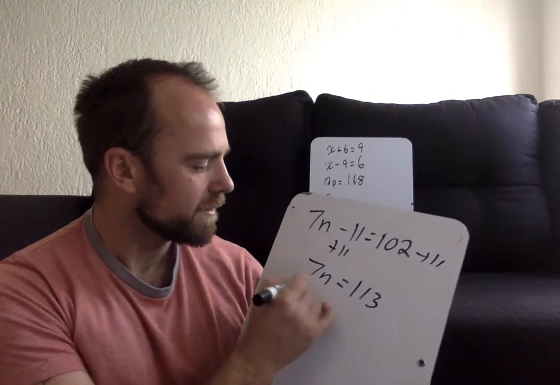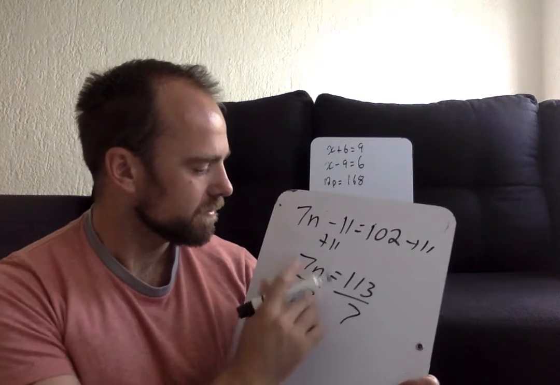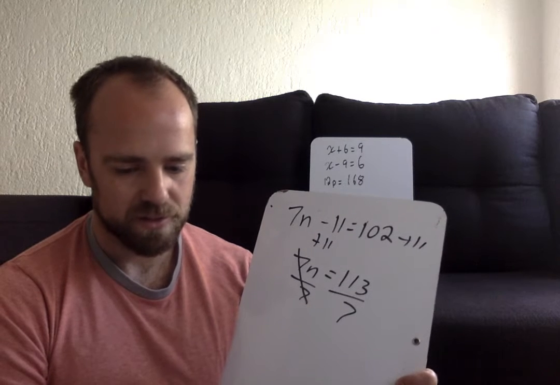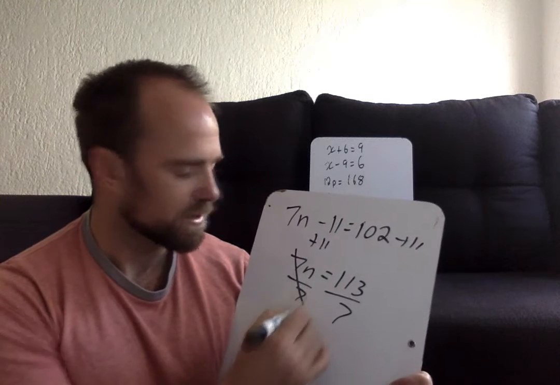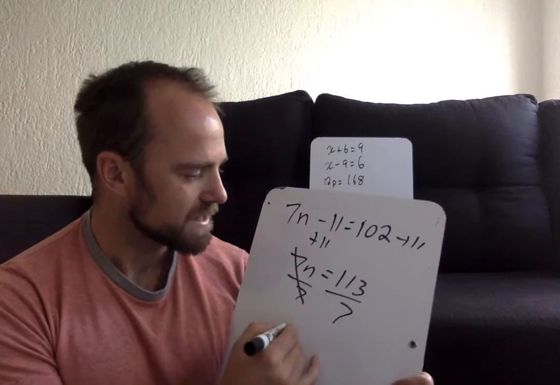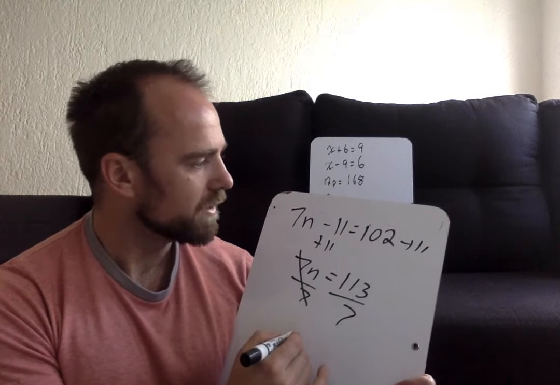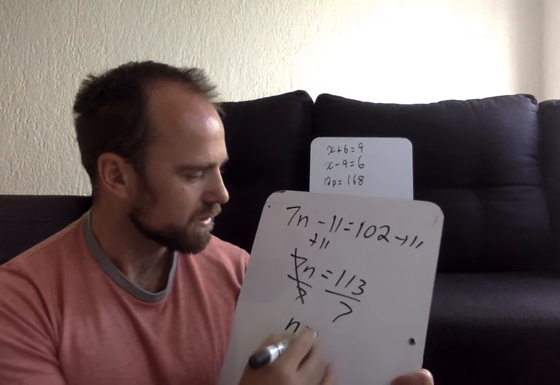Now I divide by 7, divide by 7. So 7 divided by 7, those eliminate each other, so I don't have to worry about those. 113 divided by 7 ends up giving me